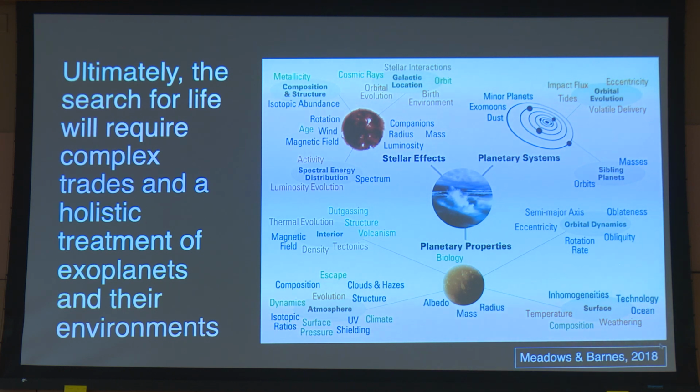This is a summary figure from Meadows and Barnes. It's used quite frequently, I think, just illustrating how difficult investigations like these are, and how the different colors correspond to how well we understand certain parameters. But it really requires a lot of interdisciplinary knowledge, a lot of deep modeling, future observations, technological development. It's a big problem we're tackling,